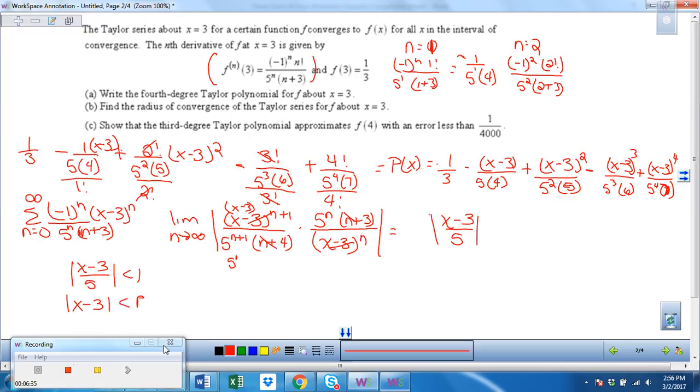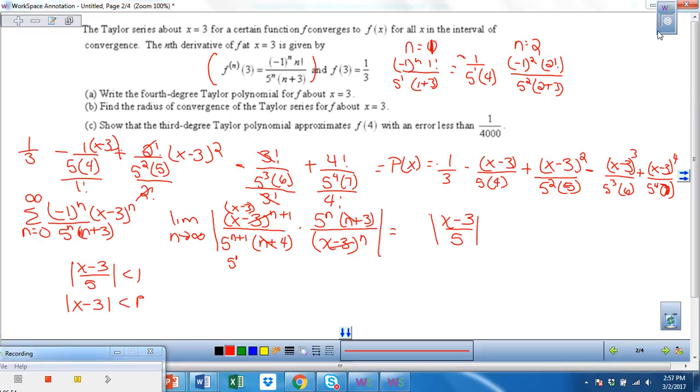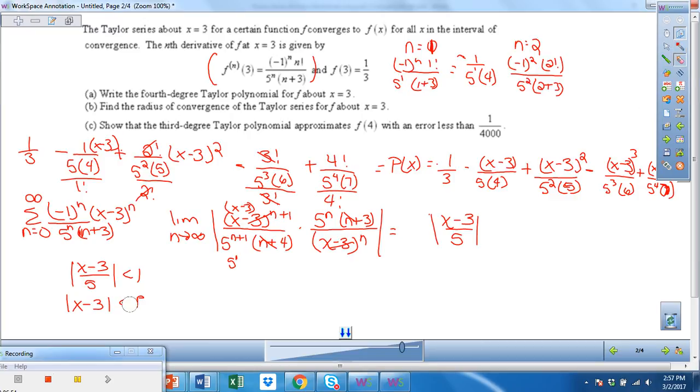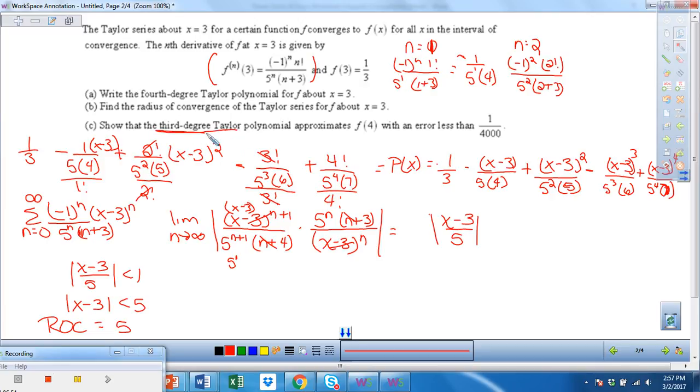And because my coefficient of x is 1, I can say that the radius of convergence is 5. I multiply both sides by 5, and because my coefficient here is 1, I can say that my radius of convergence is 5. Okay? Now they want us to show that the third degree polynomial, notice it says the third degree